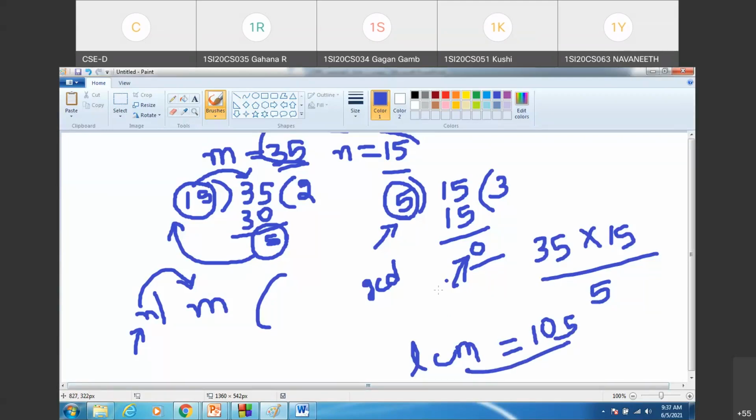So for computing the GCD, we are going to make use of the while loop construct. Once the GCD is computed, using that value, we compute the LCM. Okay, this is the logic we are using for our implementation. Hope this is clear. Let me go through the slide.